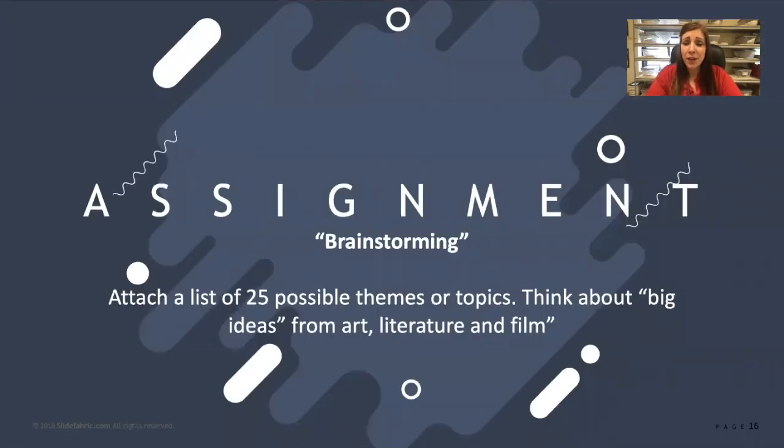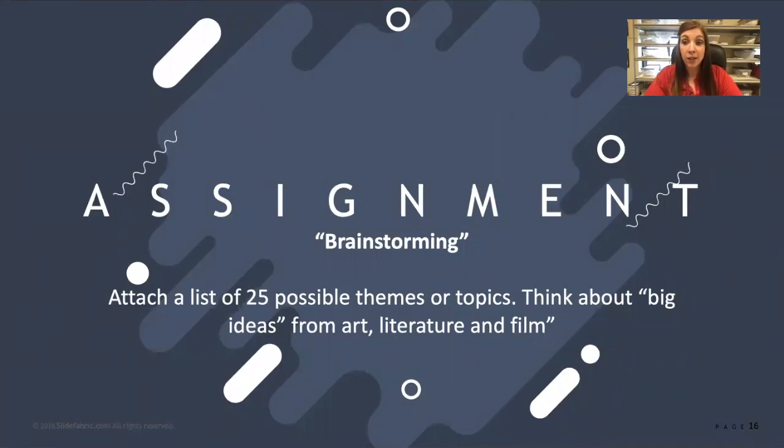All right, so you have a few assignments from me based on what I just talked about. So the first assignment will be brainstorming. I want you to come up with a list of 25 possible themes or topics. So 25 different things that you think are good ideas. You have a